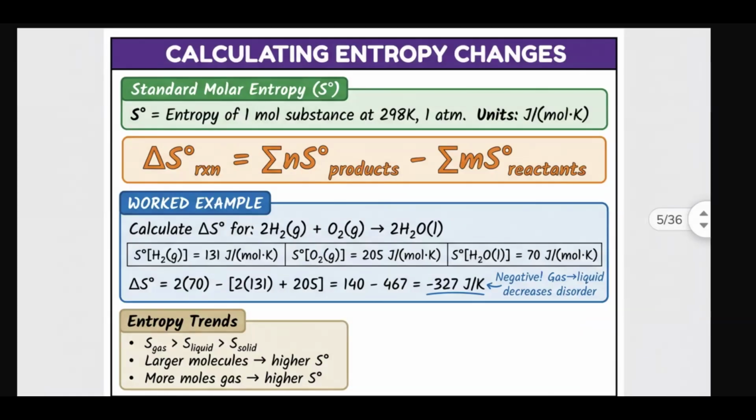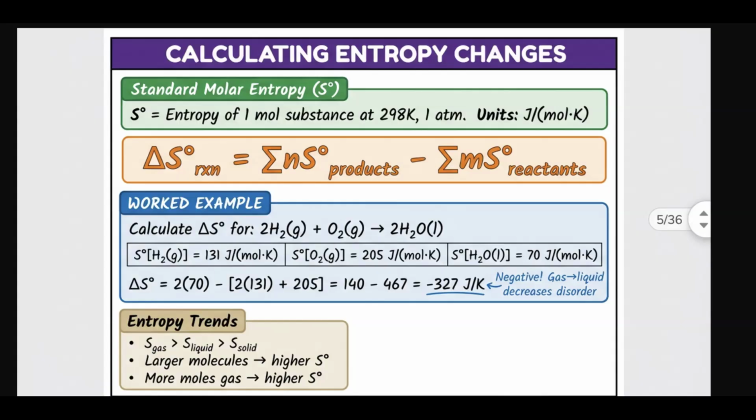But now let's calculate the entropy changes quantitatively. Every substance has a standard molar entropy, S0, measured at 298 Kelvin and 1 atmosphere pressure. The units are joules per mole Kelvin. So watch these units. To calculate the delta S0 for a reaction, that's called delta S node,